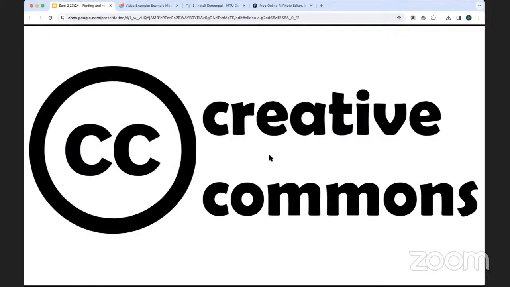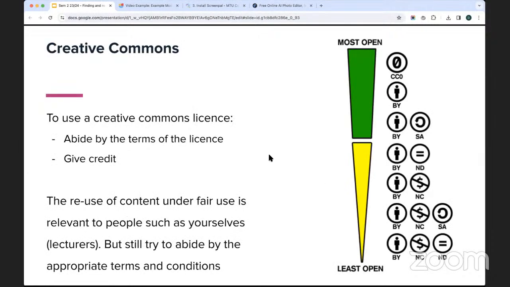So Creative Commons licenses basically are a way of selecting a number of different licensing elements, which can determine how your material can be used once it's made available. So you can see on the right hand side, there are actually 4 different Creative Commons elements, which can be applied to any piece of work.